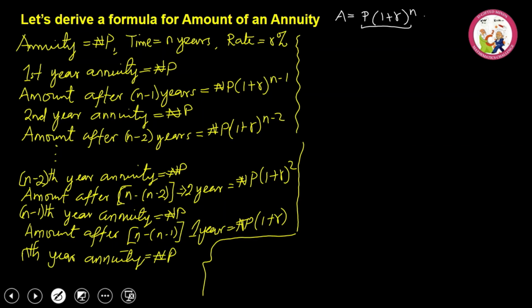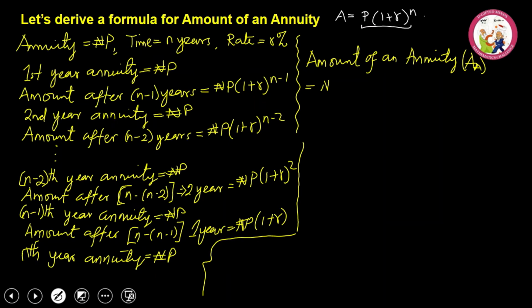That will be the sum of money gotten from the nth year, the nth minus 1, nth minus 2, and up to the first year, right? And up to the n minus 1 years. So we have the amount of an annuity,